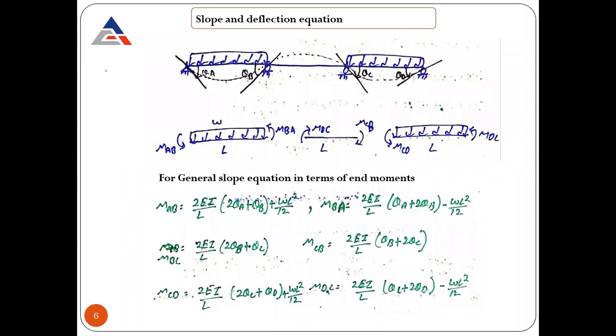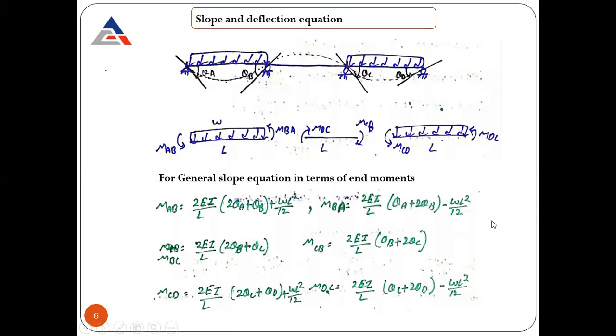Please make a note: if a continuous beam is there and its end supports are hinge or roller, the value of bending moment comes out to be 0. You can do any calculation, you can try a lot of numericals, and the value will still come out to be 0, because they are not resisting any bending moment. We already know that. Why is this value coming? Because there is free rotation, so they are not resisting bending moment in that case. The value is 0 in every case except one condition, when a moment is applied externally. In that case, a value will come in. Yes, now you can ask your question, Samir.